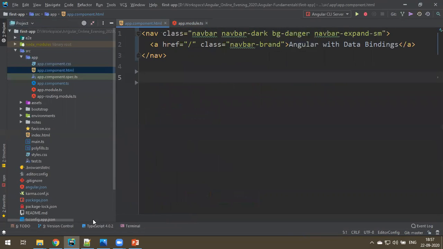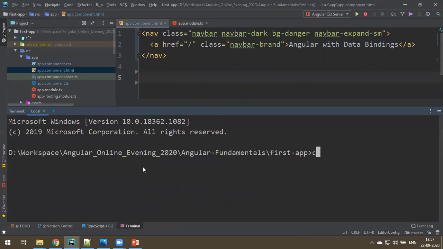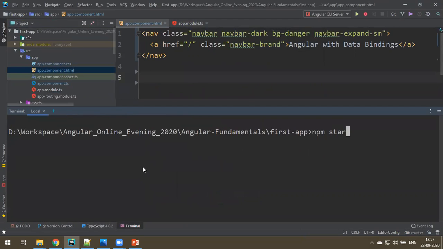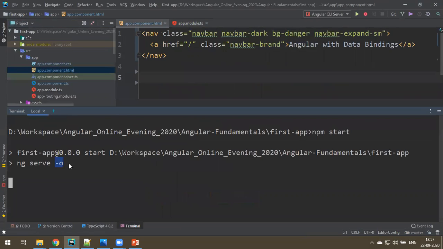Now let me start the server and then we'll discuss events binding. So let me say npm start so that it executes the ng serve -o. It opens the browser automatically, and then we'll start.